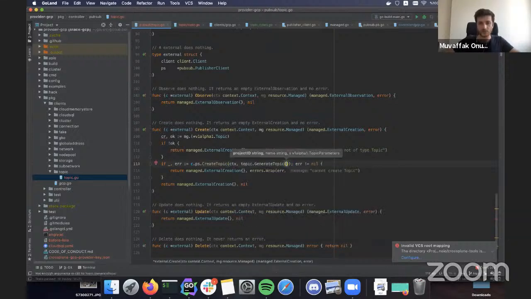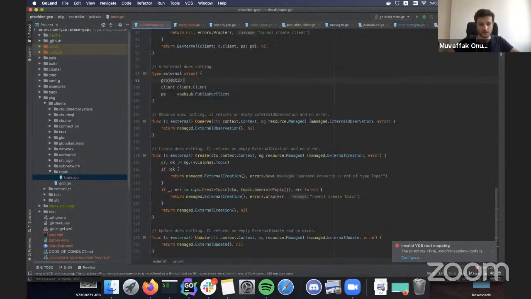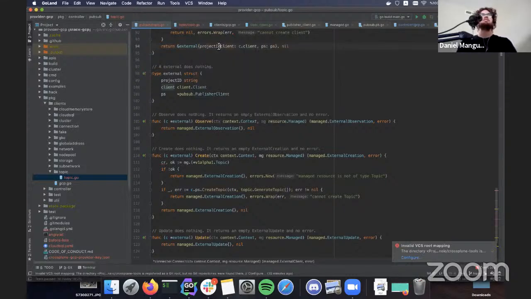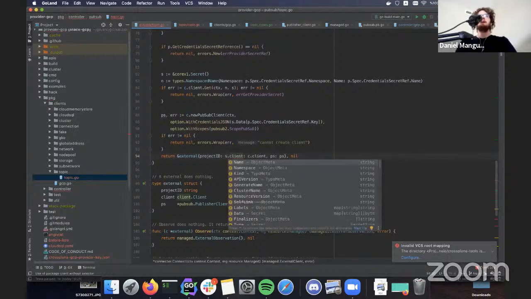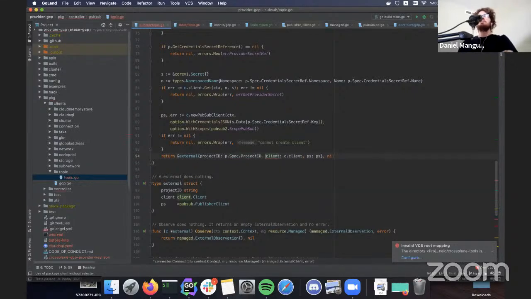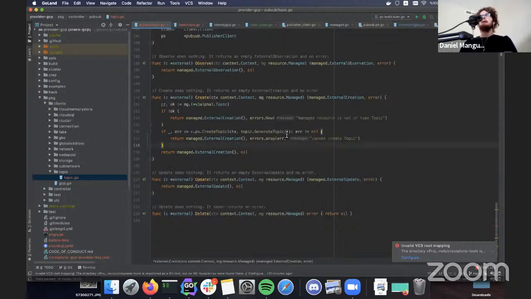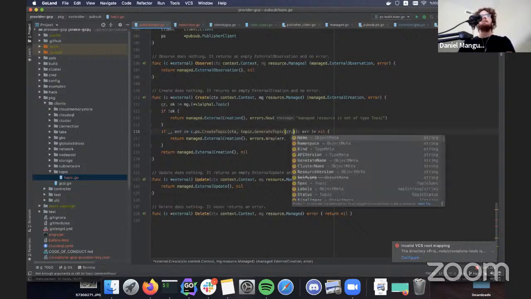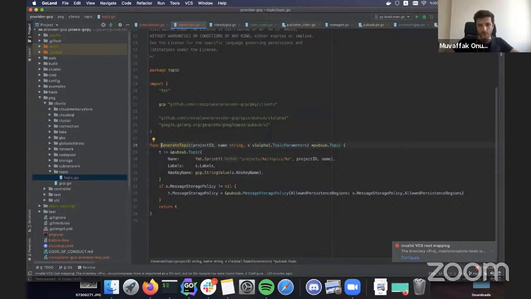Okay, so here we need the project ID, which we don't have in this context right now. So I will just add it here and pass it from above. Yeah, I like the idea of adding the project ID in the external struct here. The other option would be that whenever we need the project ID in each of these methods, we'd have to once again go get the provider and get the project ID off of it. But since we're doing the connect before calling any of these methods on every reconcile, we might as well just store it in the struct, and then we can access it on all these methods on the external object. Yeah.